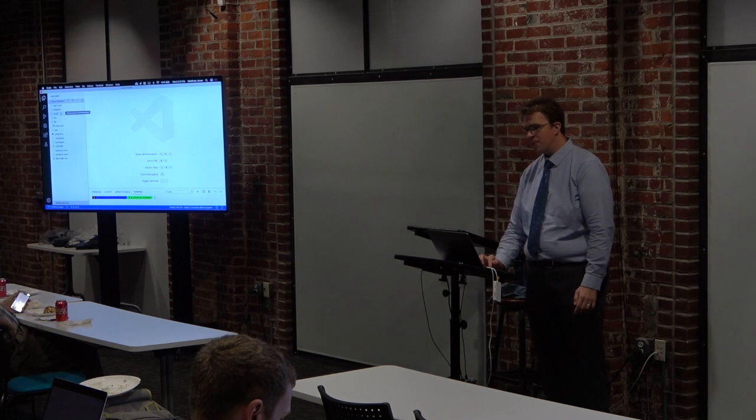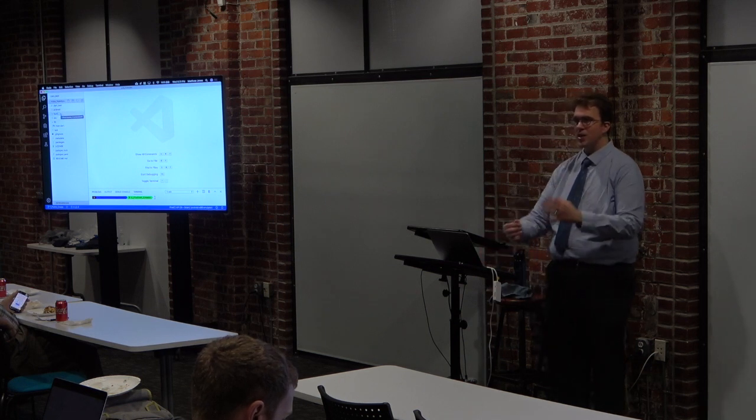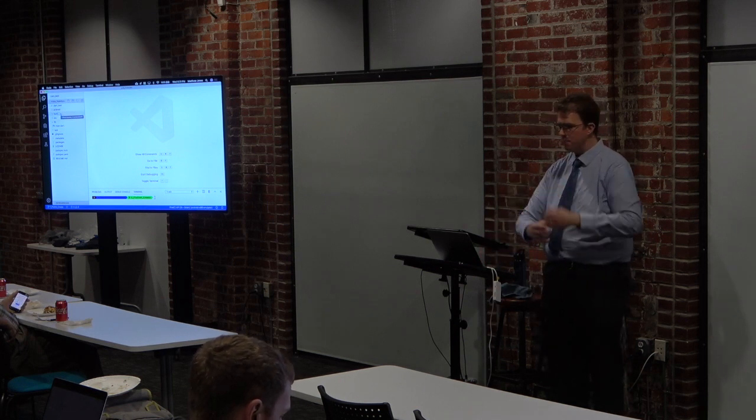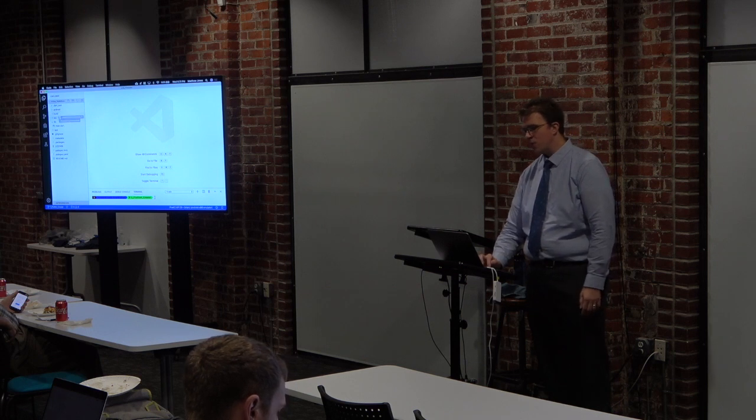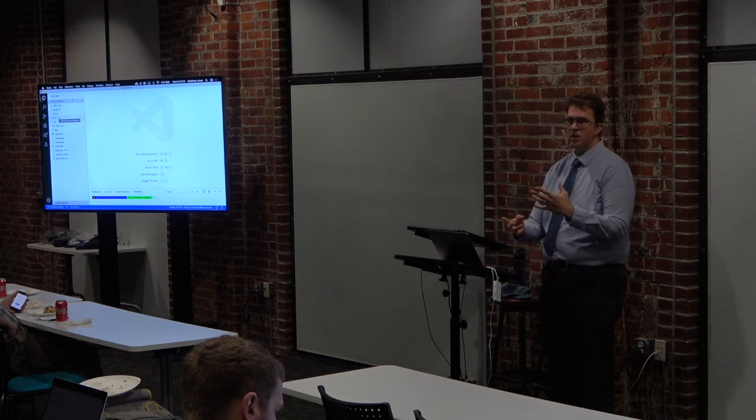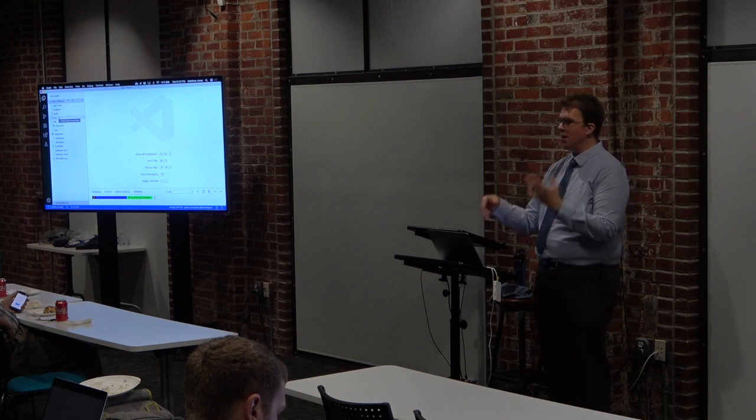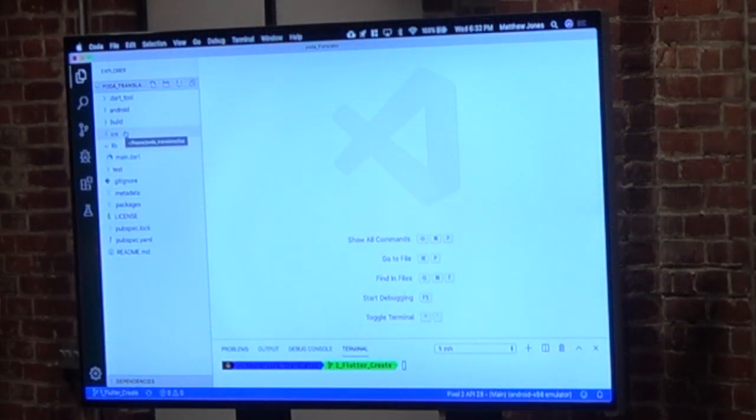The build folder is where the files that are actually compiled out get put in periodically. The iOS folder is just like the Android folder. Your Xcode project lives in there, and yes, there is an Xcode project that you will need to work with when you go to deploy to install things like app icons and things of that nature. And then the lib folder is where we do the vast majority of our work. That's where our source code goes, and we'll be building most of our source code inside of that.